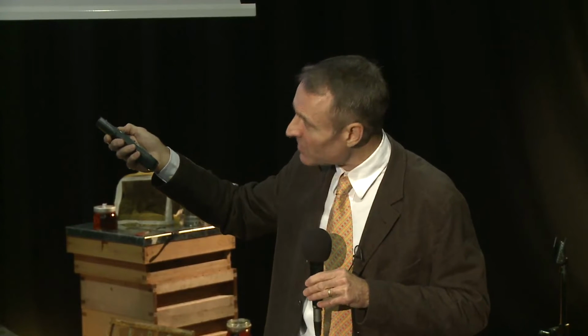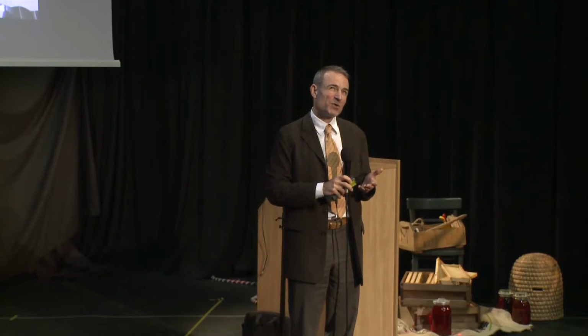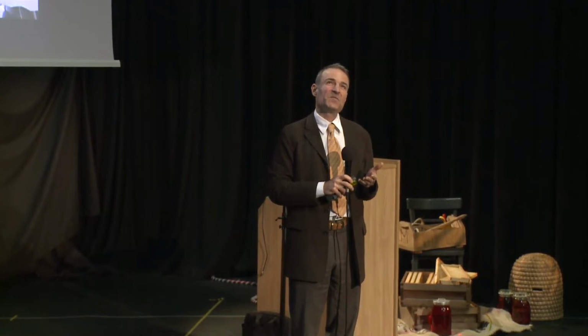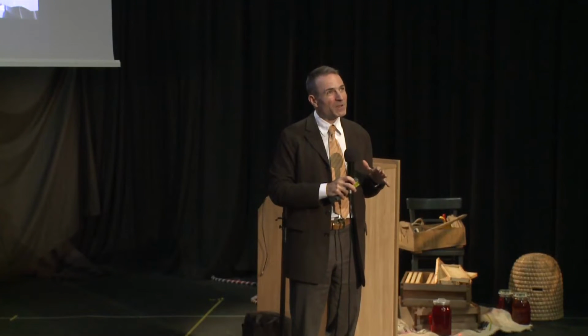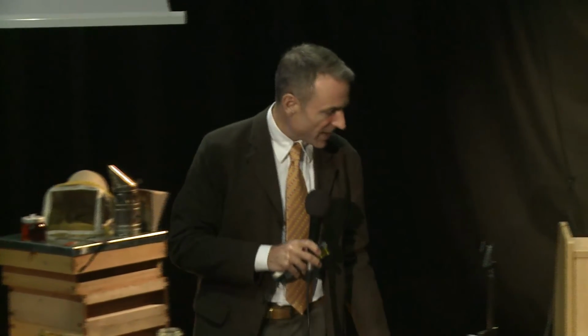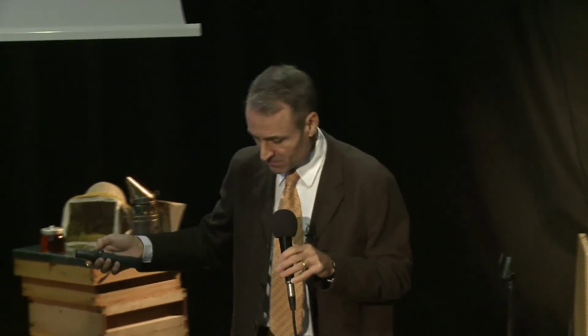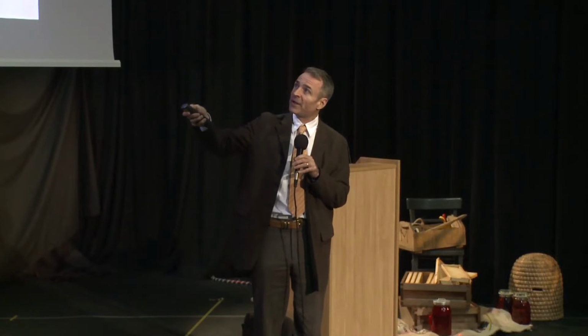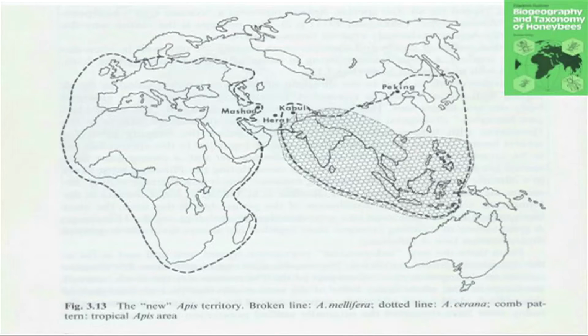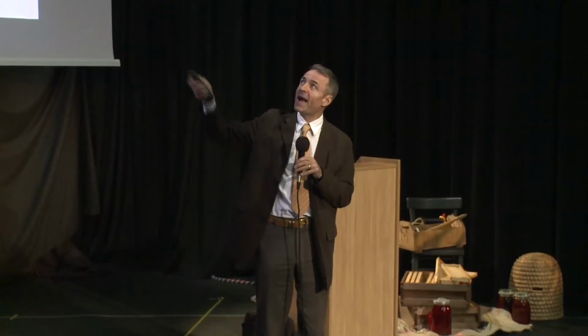And he, a PhD student of Ruttner's, has really taken up that mantle, and he and his students have done most to understand the diversity of Apis and the diversity within Apis mellifera, our western honeybee, from a genetic perspective. So let's look at one of Ruttner's old figures. Here we've got the old world showing the distribution of the honeybee, Apis mellifera, and the distribution of the other Apis species. How do they relate with one another?